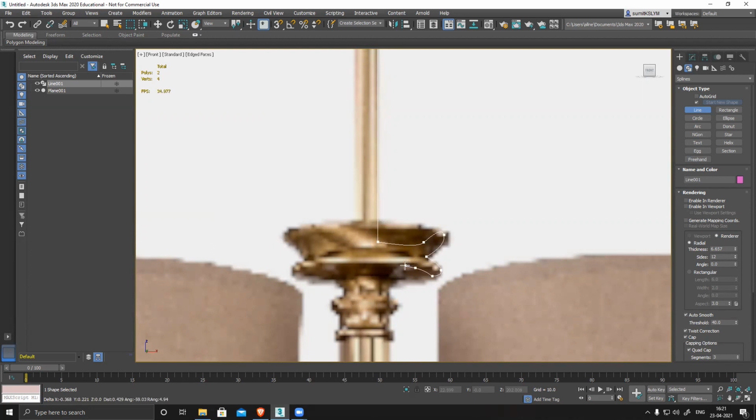If I want to create this inside thickness also, I can definitely do it. I feel there's a little rounded shape.